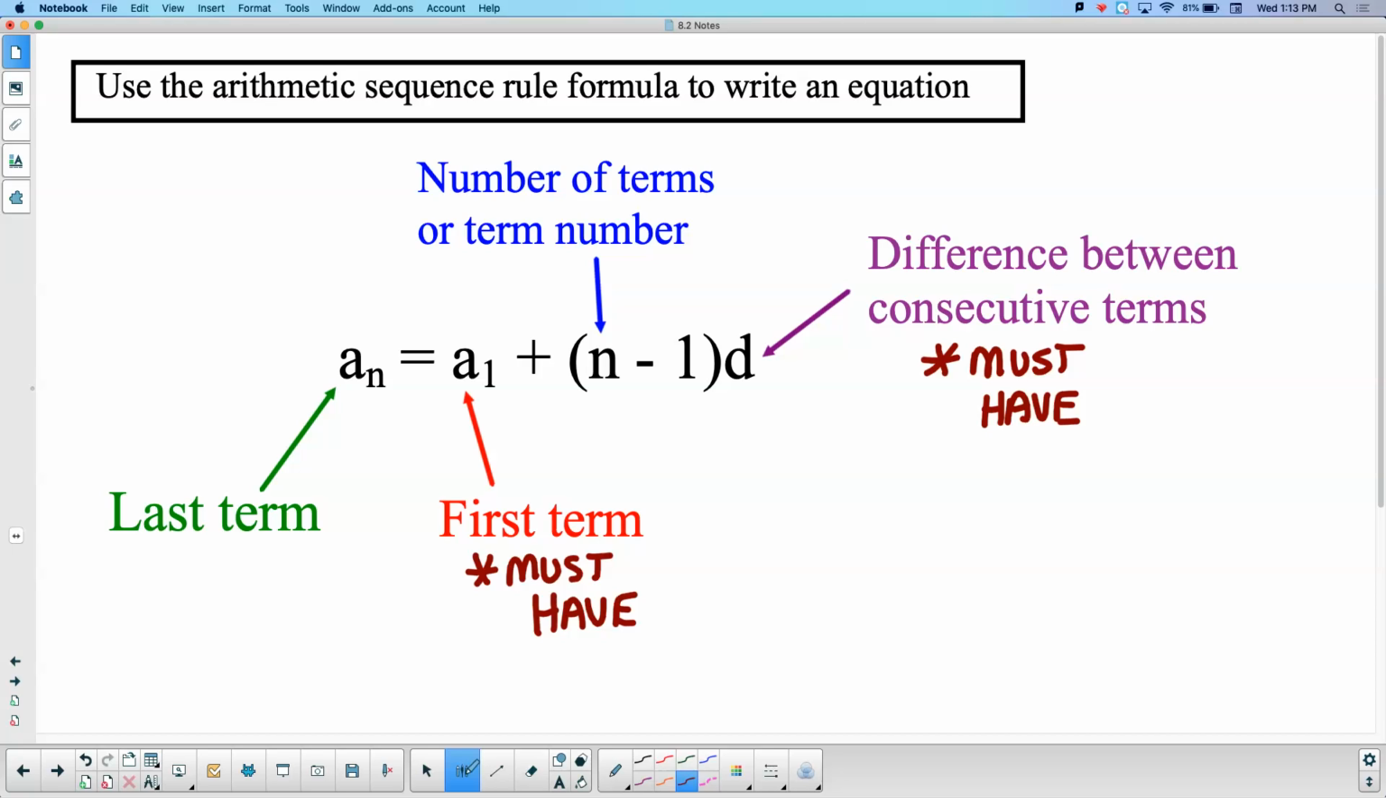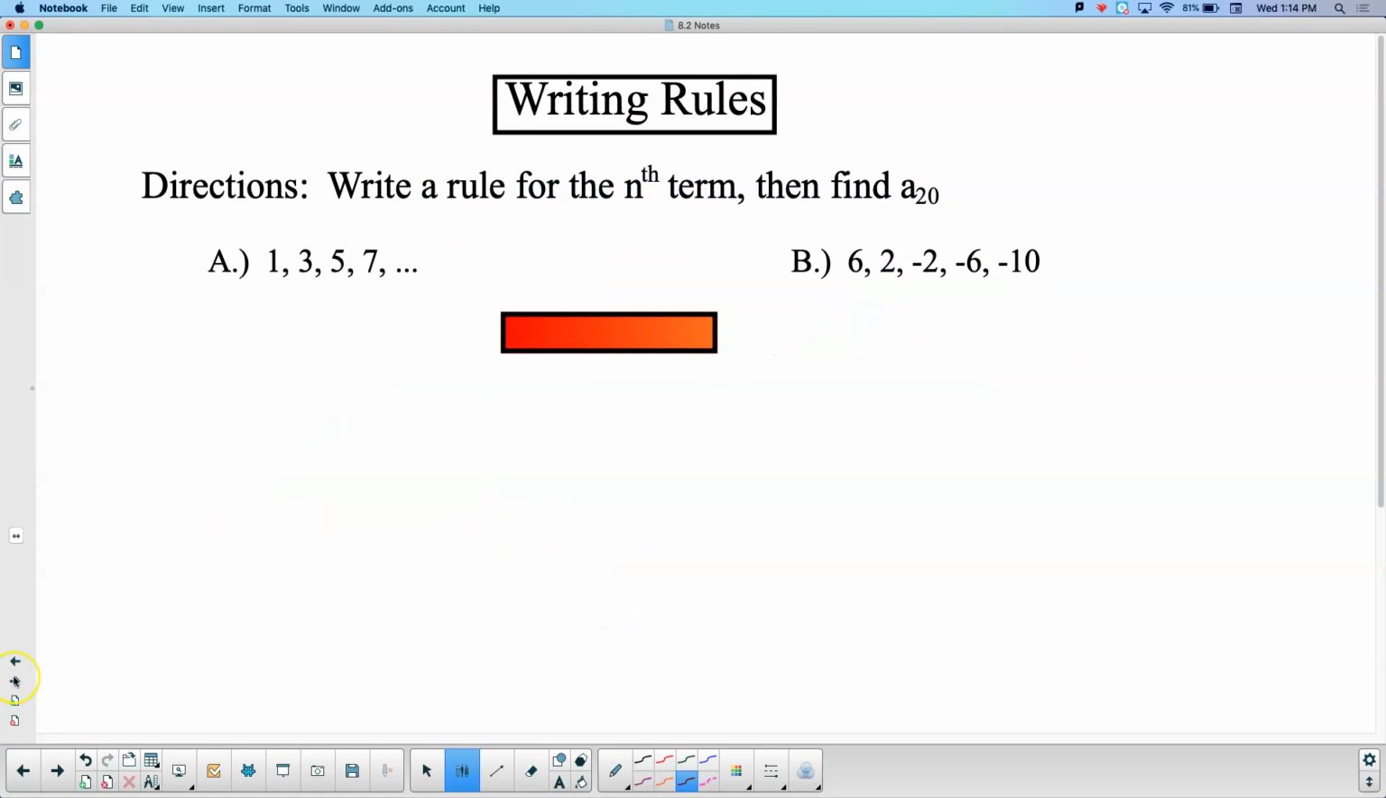Okay. You've seen this before. You saw this last year in Algebra 2. Hopefully I'm just firing off some old and outdated synapses. Okay. So, let's find a rule